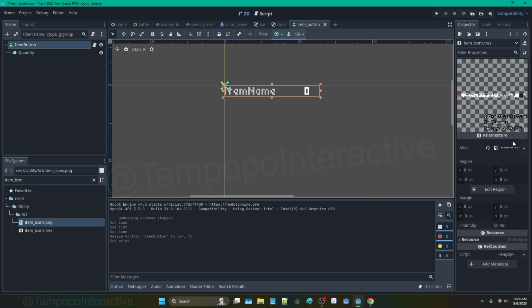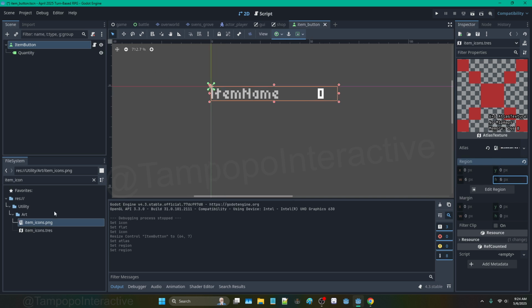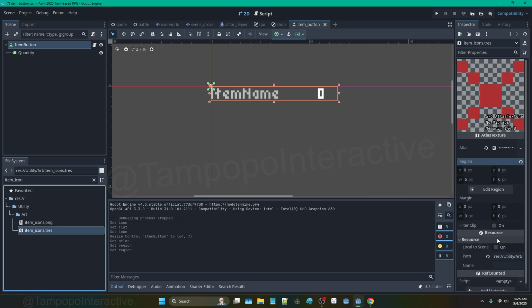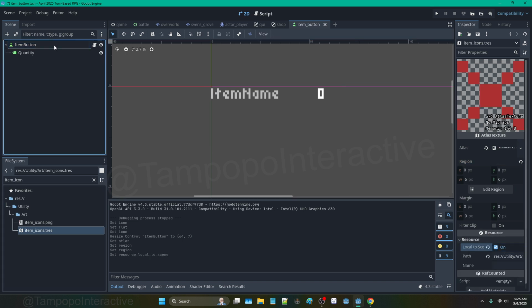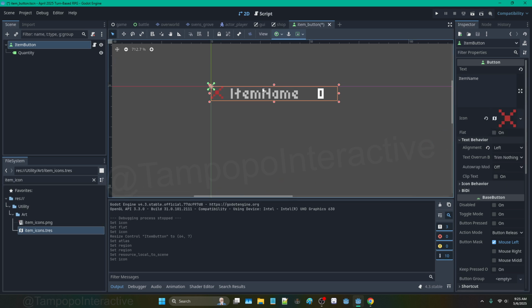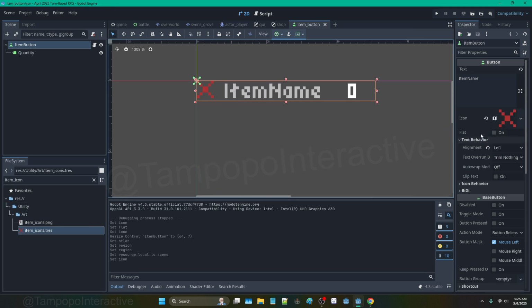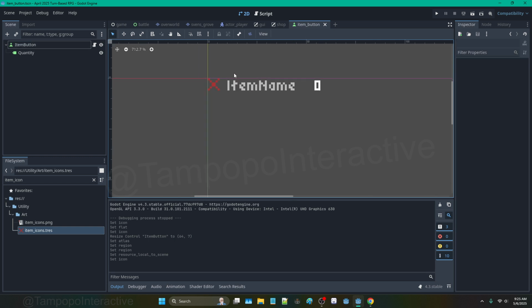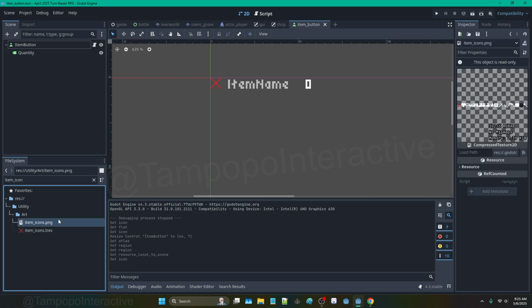We need to give this Atlas resource that we made the image for the icons. Let me make sure volume looks good. Okay. And then this, it looks like it's what, 6x6? Yeah. And so the default is that X. That's fine. I'm going to do local to scene. And then hopefully when we place this in, we'll be able to load the icon. Can I go like that? No. So if we look at this,